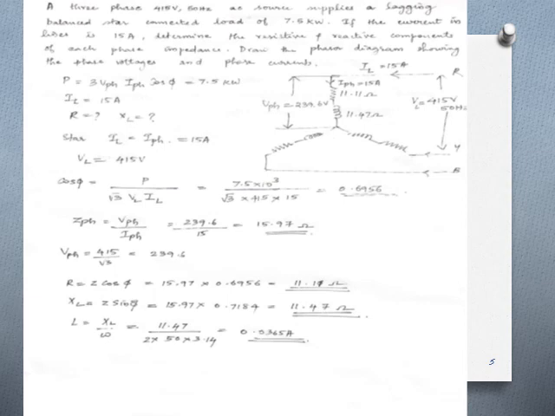If you have the impedance and the power factor, then you can find resistance and reactance. Resistance will be R is equal to Z cos phi and XL will be Z sin phi. Or you may use the equation XL is equal to square root of Z square minus R square. Either equation you may use, no problem. If you want to find the inductance value, you have to use the equation XL is equal to L omega. So L is equal to XL by omega. So you get the magnitude of inductance in case the inductance value was asked in the question.